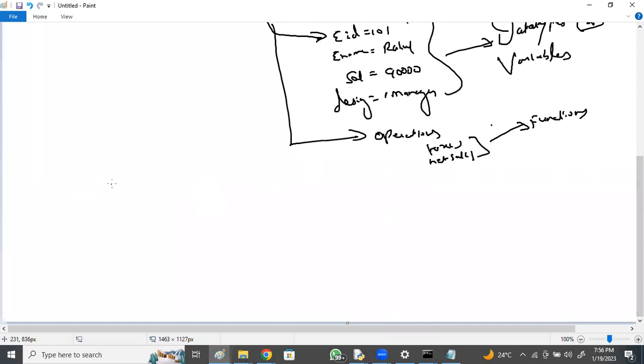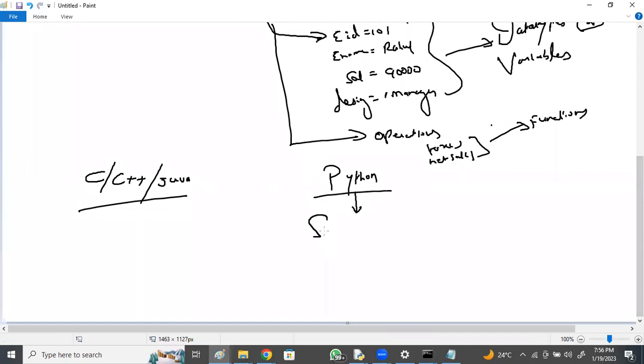If we compare C, C++ or Java with Python, Python supports dynamic data types. What is that?